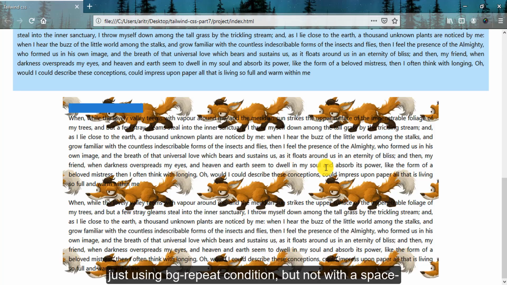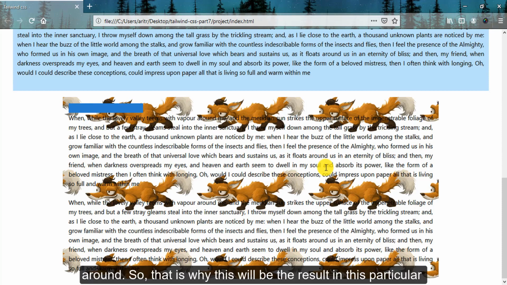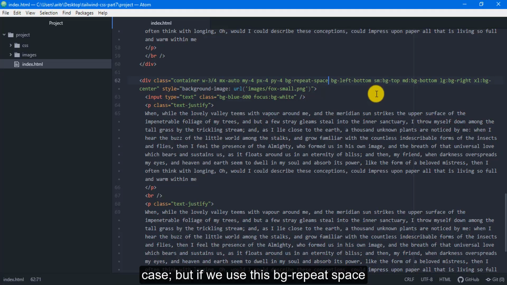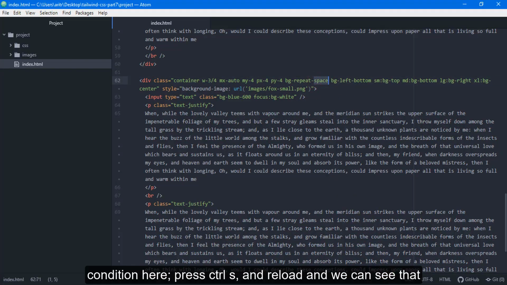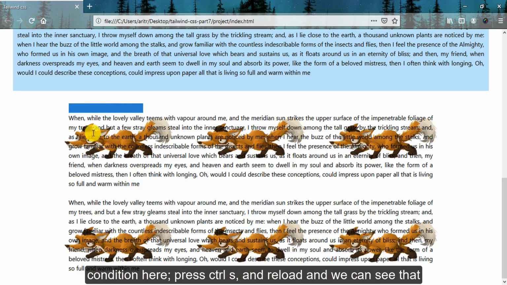That means we are just using BG repeat condition but not with spaces around. So that is why this will be the result in this particular case. But if we use this BG repeat space condition here, press Ctrl S and reload, you can see that it is now evenly distributed among the container and the images are practically touching the edges all along.